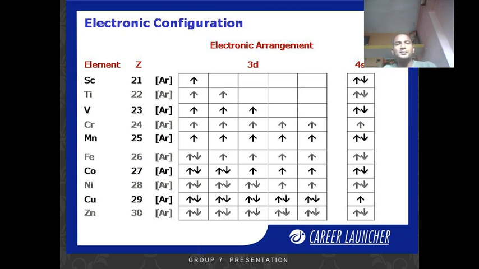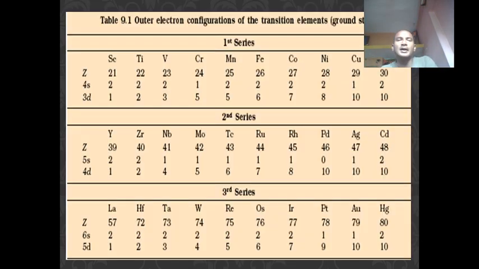Now the electronic configuration of the 3d series elements will be like this. There will be consequent filling of the 3d atomic orbital, while in the 4s atomic orbital there will be a pair of electrons. In the case of copper and chromium, there will be irregular electronic configuration, which can be explained on the basis of half filled and completely filled d atomic orbitals.